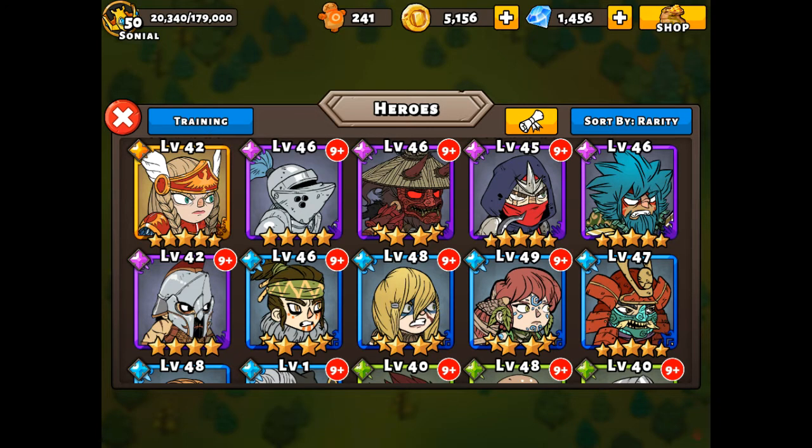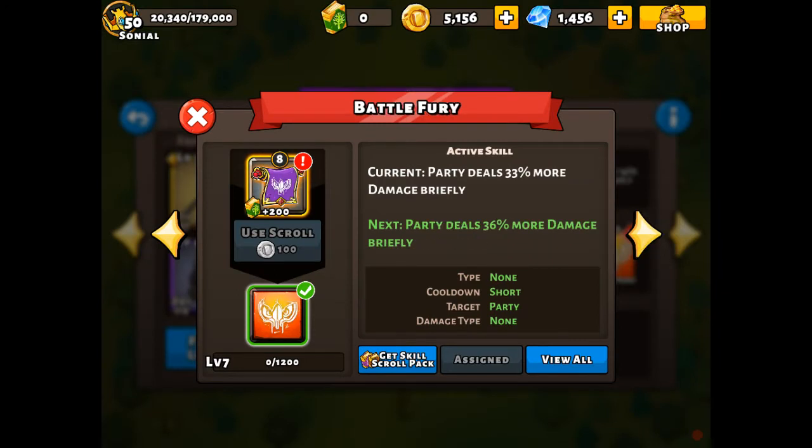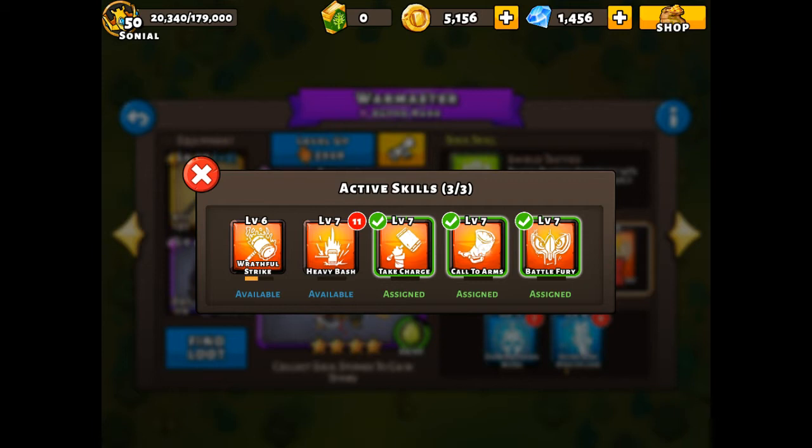And the other priority hero is really going to be the Warmaster here. The Warmaster does not really have any offensive output. You can set him with the Heavy Bash and/or the Wrathful Strike. The Wrathful Strike can pull some pretty big critical hits with the right setup, but his support value is much too great to ignore for a DPS build on him, and the reason for that is going to be his